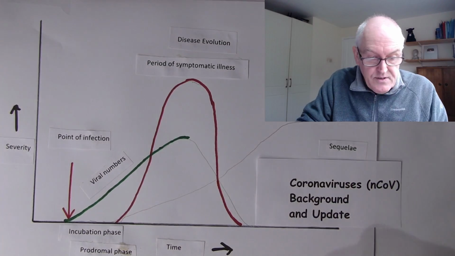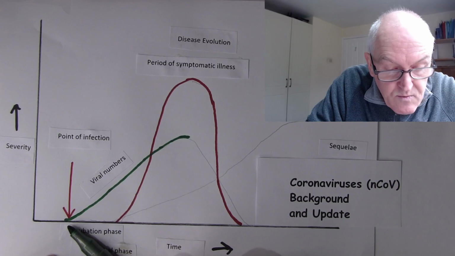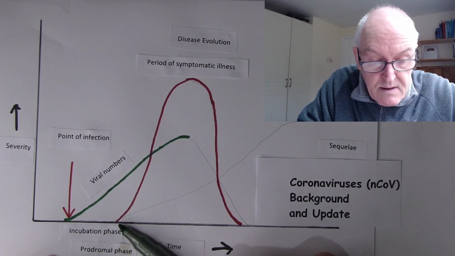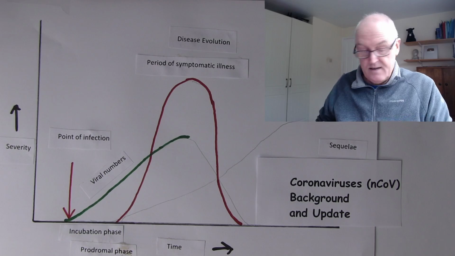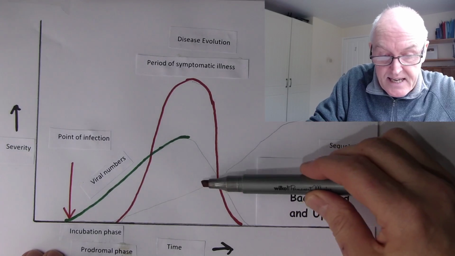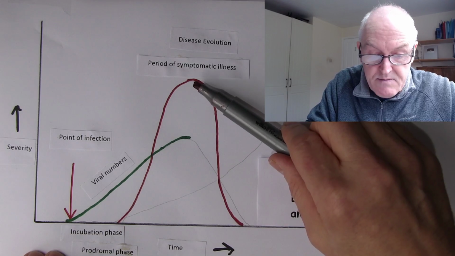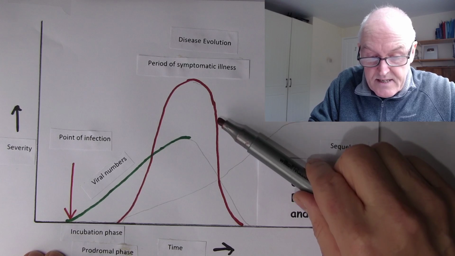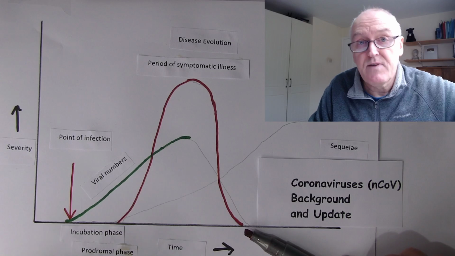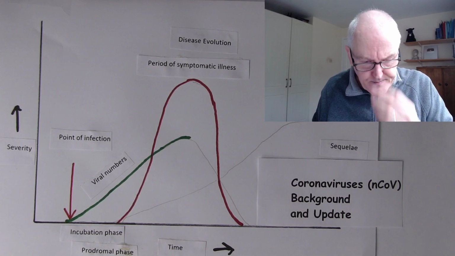Now, what happens when the viral numbers are increasing? Well, first of all, we notice that there's a time from when the person is first infected to when the person becomes symptomatic. So remember this red period, this red area here, everything inside this red area is symptomatic illness. This is when the patient is actually ill. So they start getting ill there. They get more and more severely ill to the maximum point of illness there. Then they start getting better there, hopefully, until that point there they're not really ill anymore. Although they'll still be very tired with post-viral fatigue, as we'll see. It takes time to recover from a virus.